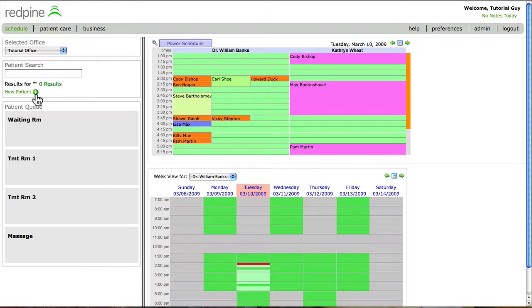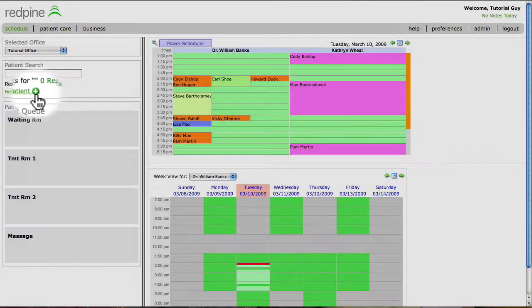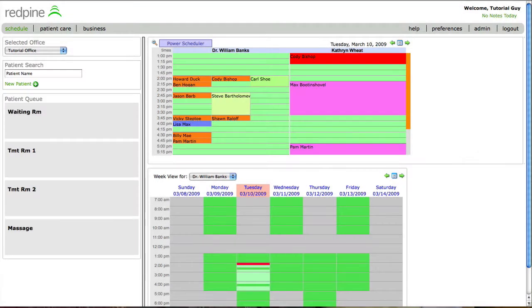The first of 4 things you do to run a practice is adding patients. Simply click the Add Patient icon here to start the process. The second part of running a practice is scheduling patients. This is generally done by the front desk in their tab. There are many ways in which to schedule a patient. If it seems like you should be able to do it, you probably can.